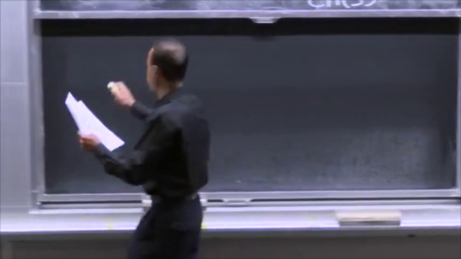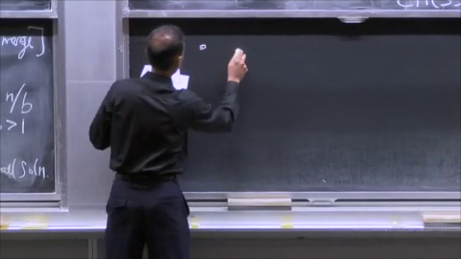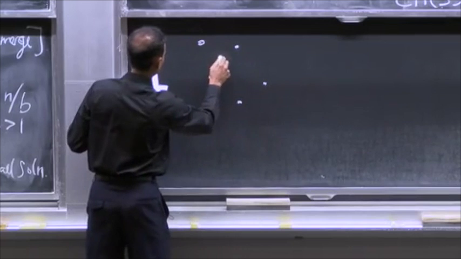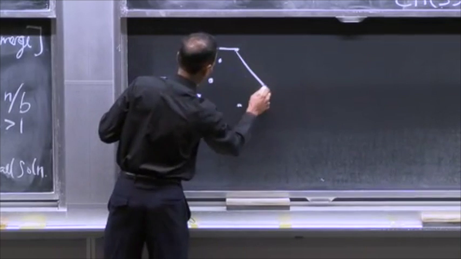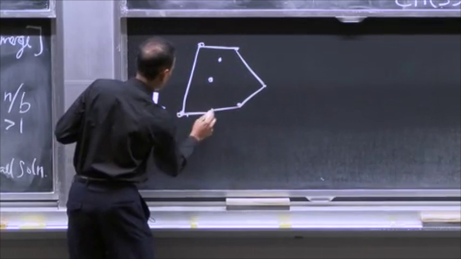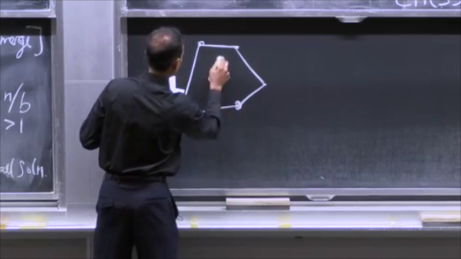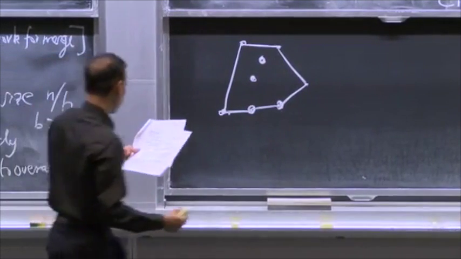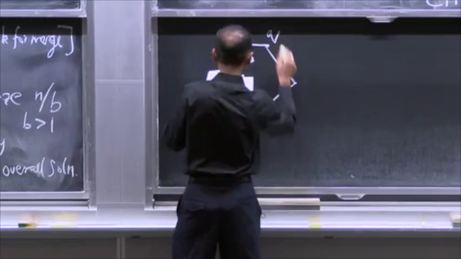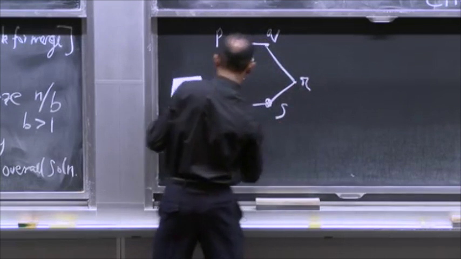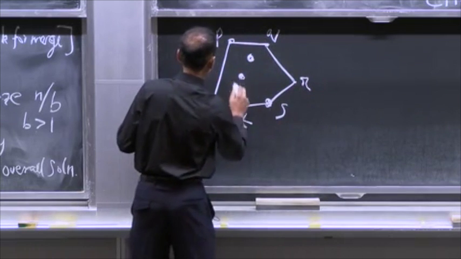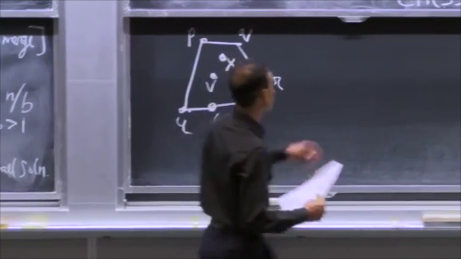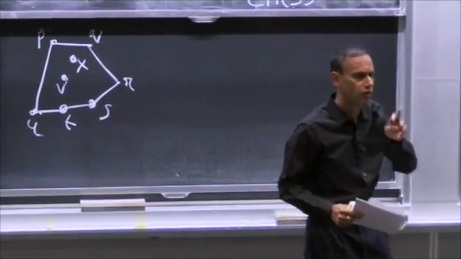And so, just as an example on the board, when you have something like this, you're going to have your convex hull being that. This one is inside of it. These 2 points are inside of it, and all of the other ones form the hull. And so we might have P, Q, R, S, T, U, and V and X are inside of the hull. They're not part of the specification of CH of S,